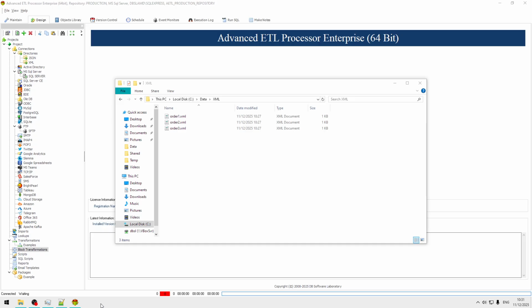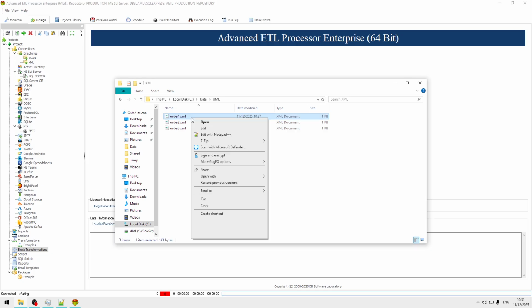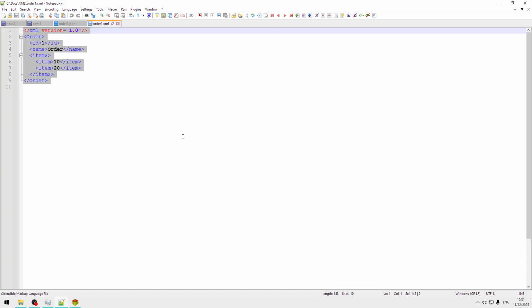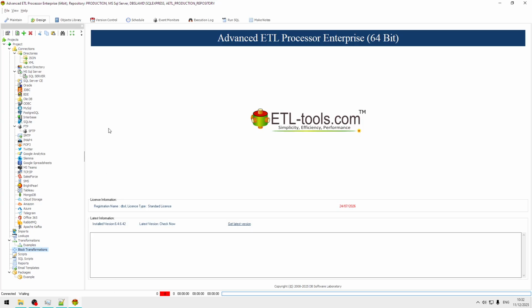So here we have a directory with three XML files, and basically it is just a simple order. So here it is, and we want to convert it to JSON. I have already created source and target directories. So all I need to do now is to create